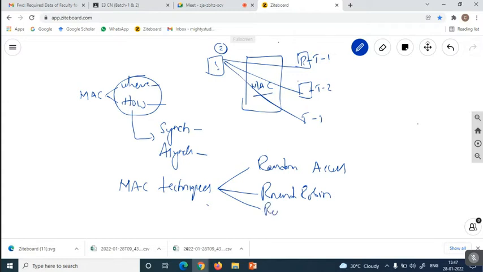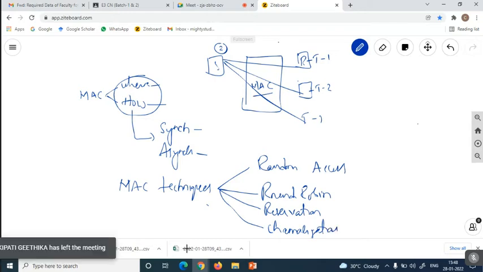And next one is the reservation. That is like your first come first out. So all the terminal devices which are going to be communicating with one central node are selected one by one based on preference and priority. That is nothing but the reservation. And the third one is the channelization. That is the availability of the medium access control, whether it is idle or busy. Based on that, the terminals are going to be communicating with your source devices.